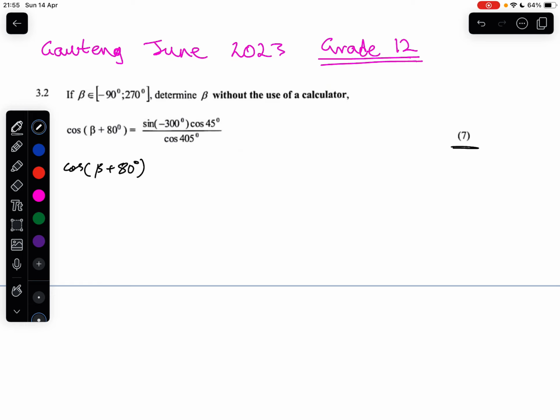Trigonometry tutorial. So let's do 3.2. If beta is in that element, determine beta without the use of a calculator for 7 marks. Let's go. Leave the left hand side, let's simplify the right hand side so that we reduce those angles to